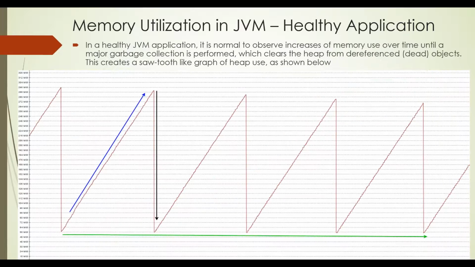Always look for the base. Whenever you are monitoring your JVM heap memory, you always look at how much the heap space utilization is once the GC has been triggered. This green line represents that it's the same. Once this GC is done, it again came down to the same spot as when the JVM started with this memory. This is how you identify if an application is leaking memory.